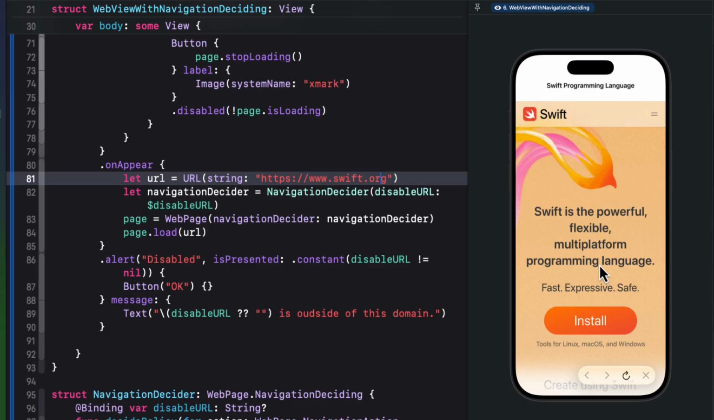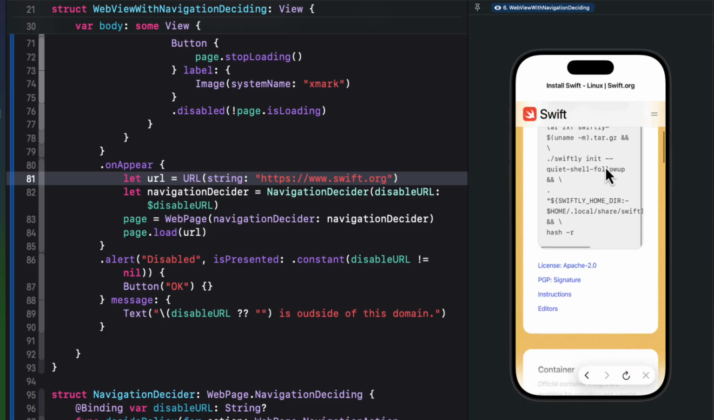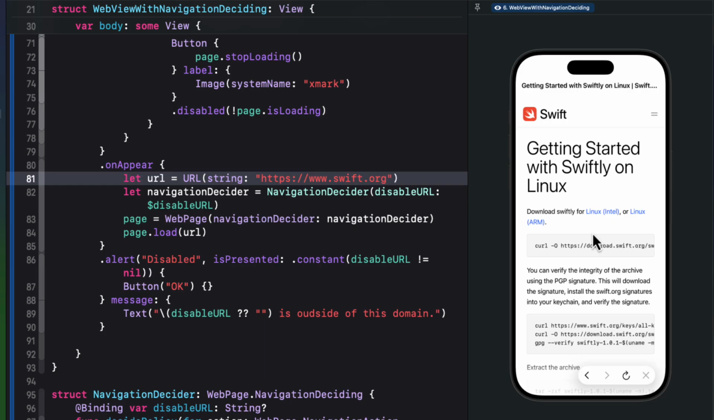So let me start to navigate. I can go to the install page, no problem, scroll down. But if I try to go to the Apache license page, I'm told that it's disabled because this domain is outside of our swift.org domain. Let's go back and try another. Again, when I try to go to this download link, it fails because download.swift.org is not the same as